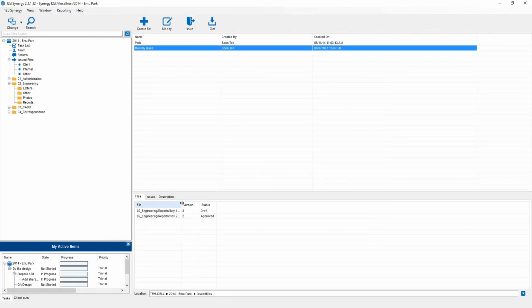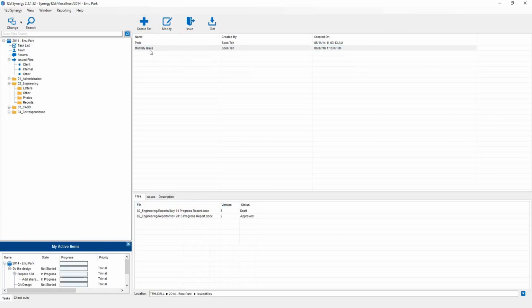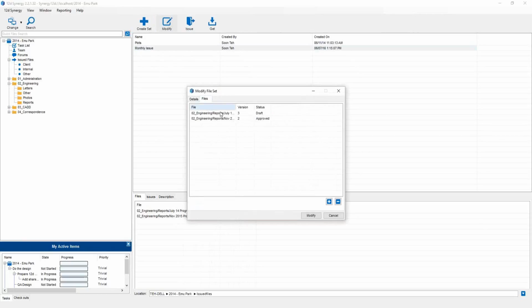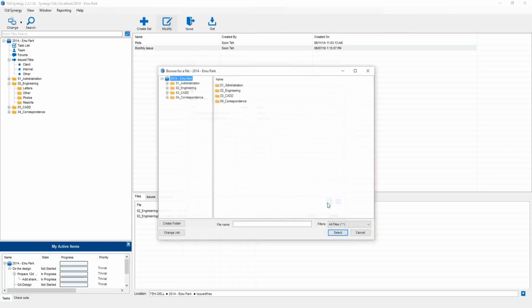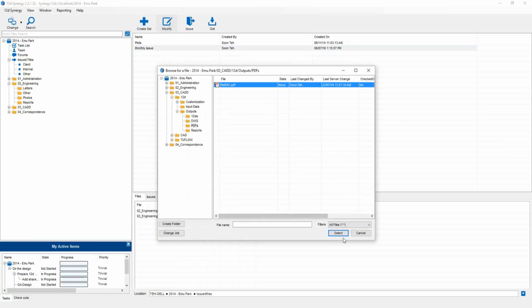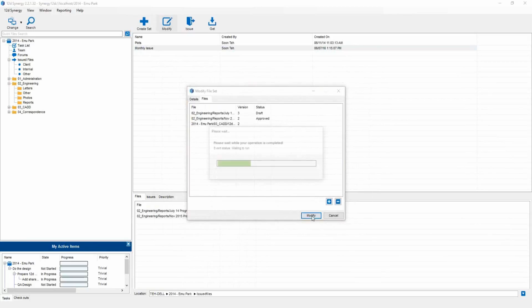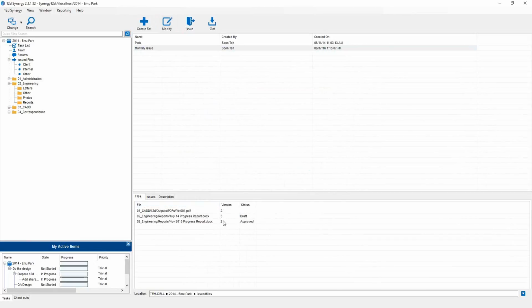And these are the files within that issue set. Now, I'm going to add another file to the issue set. I'm going to click on Modify, and I'm going to click here, Add. And as before, I'm going to pick the PDF file, click modify, and now we have the 3 files ready for transmittal. So now I'm ready. I can click issue,